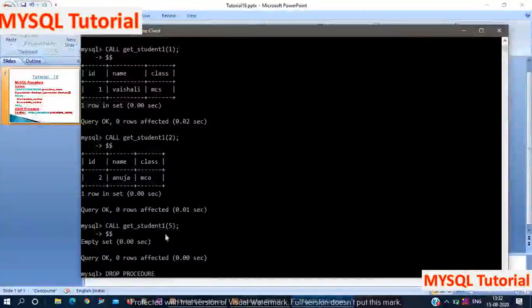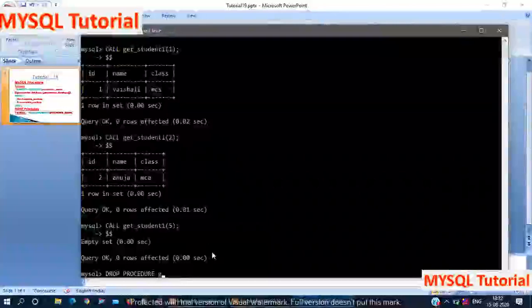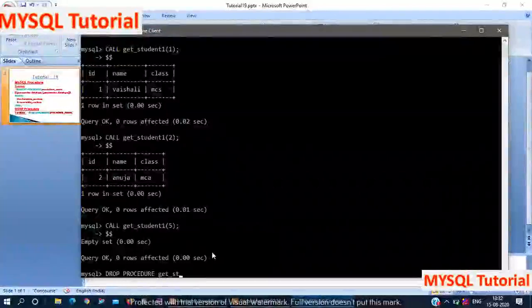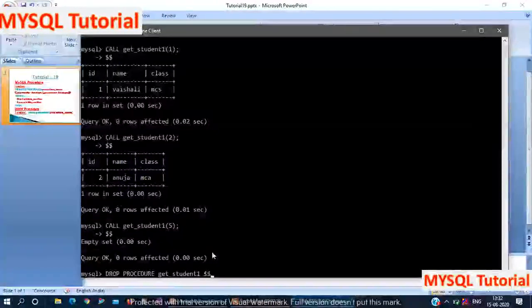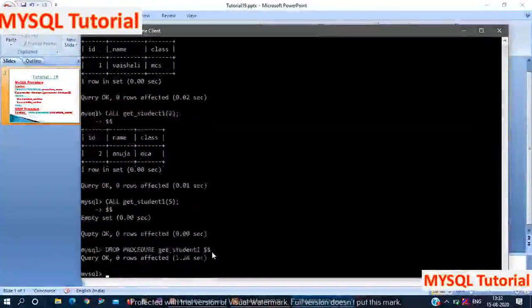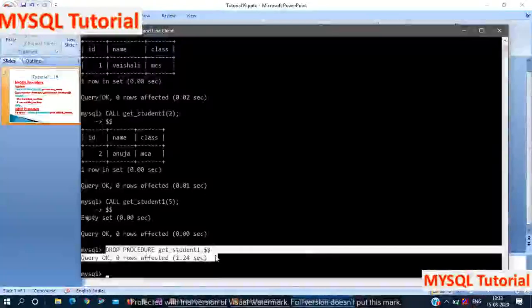Here procedure name is get student 1. Here see, query is okay, that means this procedure is dropped.